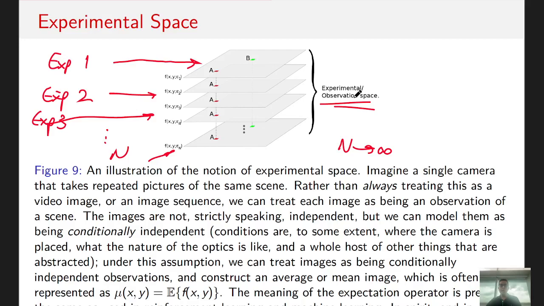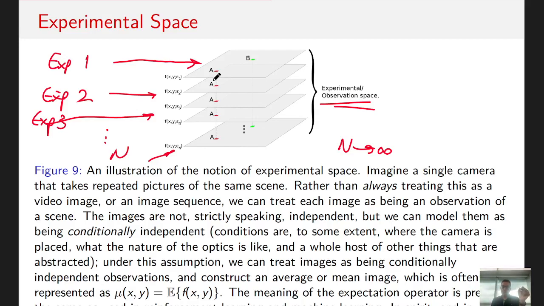Now, if we want to extend the idea to characterizing a joint distribution of pixel intensities, we can do the following. Let's say I know what the average intensity is at A, and I do the same operation, averaging through experimental space at B, so I know what the average intensity is at B. Okay, so this is partially characterizing our collection of images. I can now ask the question,